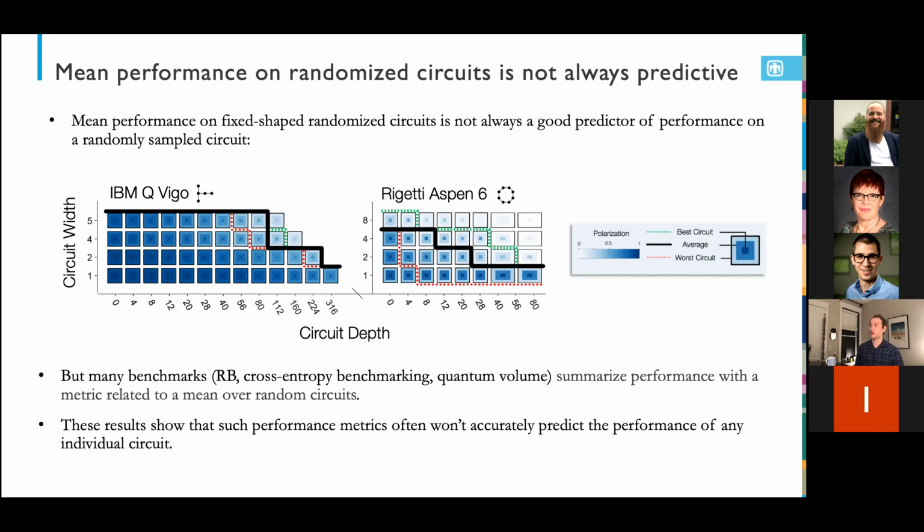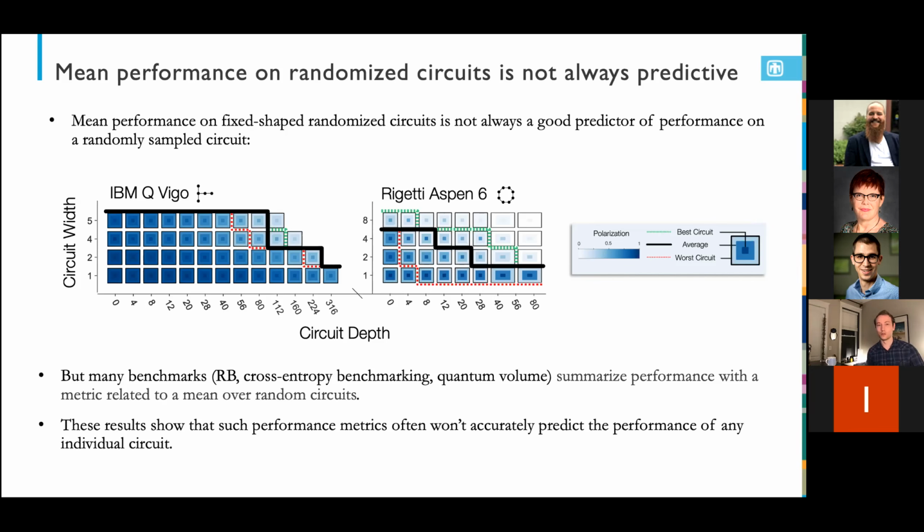If instead you look at Rigetti Aspen 6, you can actually see that there's a really large variation. So there's very different colors of blue in each of the squares. The red, the green, and the black are far away from each other. And it's not really surprising that you might have large variation for some devices, but this is actually a kind